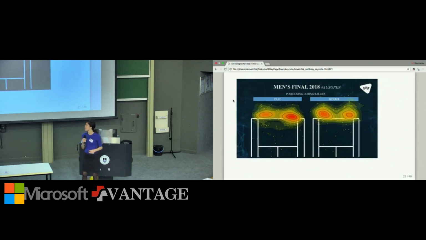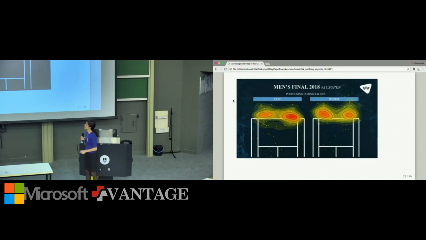We also, because of the software that we had built, were able to do some more customized types of analysis as matches progressed. That gave us the ability to go into a bit more detail for an audience that would have maybe a greater interest in more statsy types of displays.